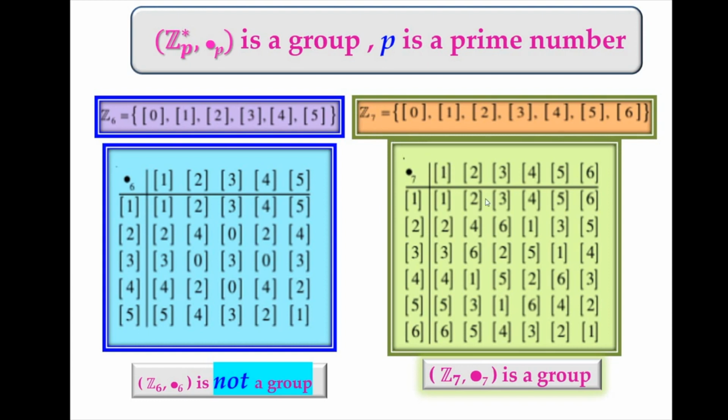Now, when we consider Z7 under multiplication modulo 7, we can see that there is no repetition in either the rows or columns. Whereas when we consider Z6 under multiplication modulo 6, we can see that 2 is repeated twice, and 0 is repeated here, 3 is also repeated, both 2 and 4 are repeated, and here of course there is no repetition. But if any row or column contains an element occurring again, then we cannot call that a group under that particular operation. So we have Z6 under multiplication modulo 6 to be not a group.